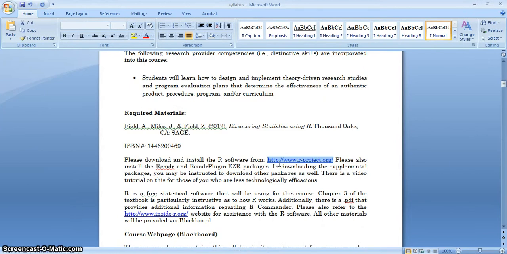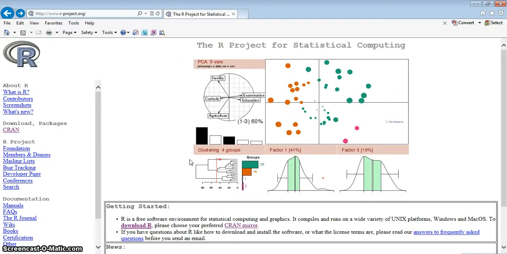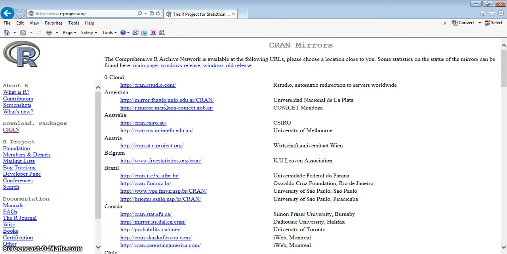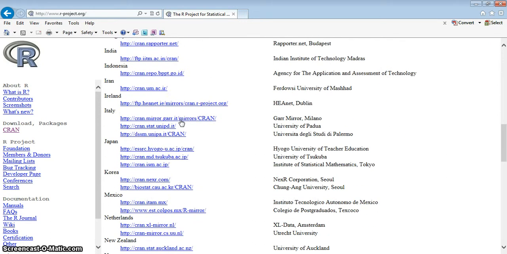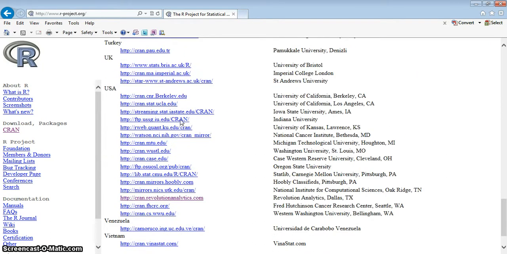If you go to the syllabus, there should be a link for the R project website, which is as such. You go ahead and select Download R, and you'll be asked to choose your preferred CRAN, or Comprehensive R Archive Network, from which to download the R software. The rule of thumb, if you've read Chapter 3, is to download R from the one closest to you, which I'm going to say is Dallas. So select the Dallas CRAN mirror,